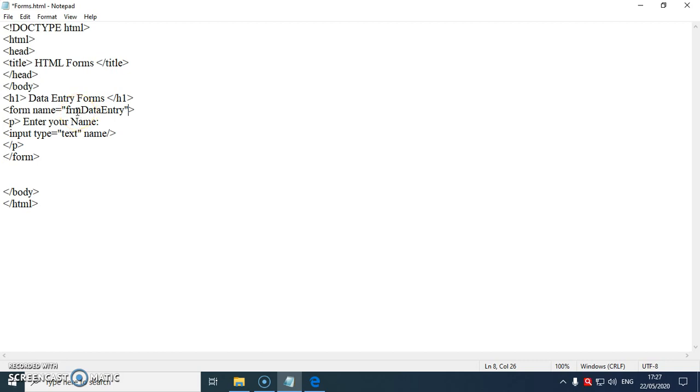And the name given to any form or any input control should be a meaningful name. Why? Because we are going to access this name in the processing page. That is, we are going to access this form by this name either in a JavaScript file or a server-side file or a PHP file or any .NET file. I hope you are understanding.